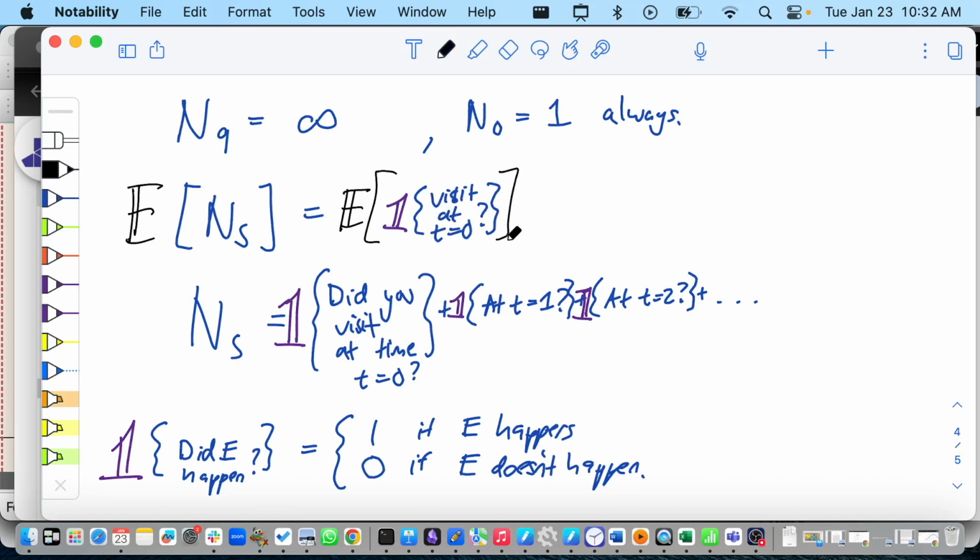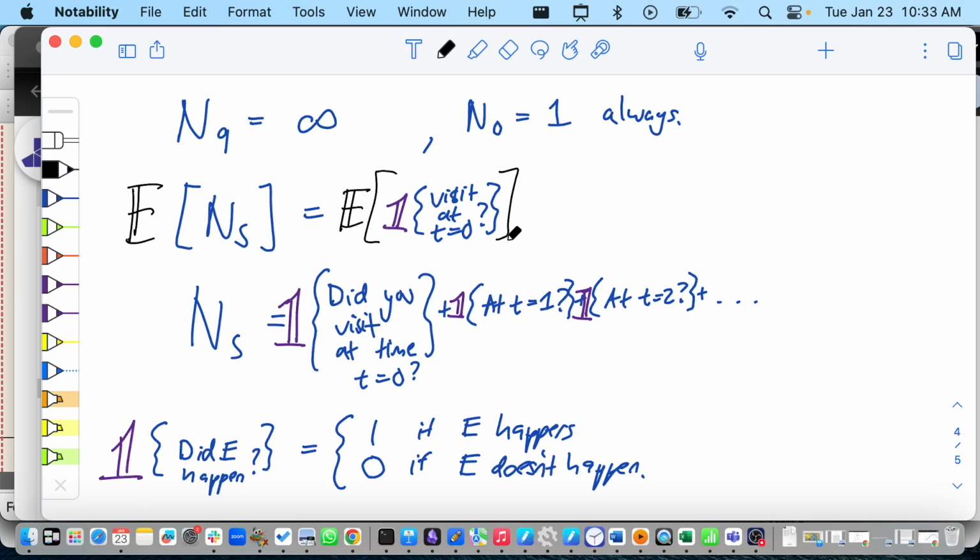And this is the nice thing about expected values: expected values are linear. So I'm going to even skip a step. I should do the expected value of everything, right? You do the infinite sum, then you take the expected value. But with expected values, you can do the sums in any order. So instead of adding them all up and then taking the expected value, I'm going to take the expected value of each one individually and add them up. That's always okay with expected values. Expected values are linear. They play nice.